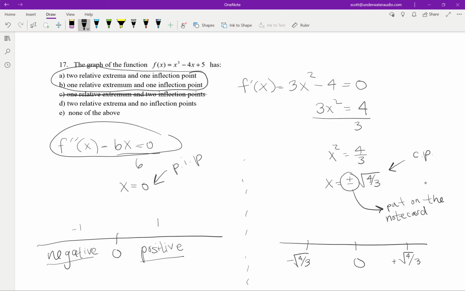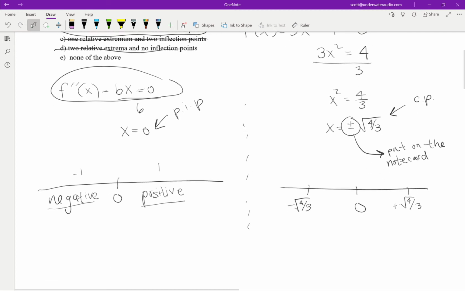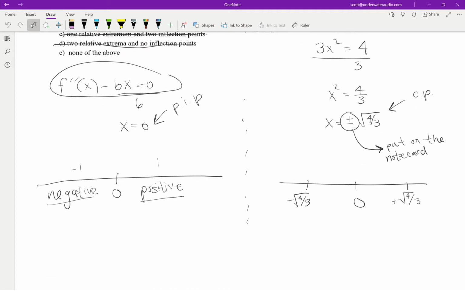Because I know it's not no inflection points, and I know it's not two inflection points. I guess it could also be E, which says none of the above, but I kind of doubt it. So over here, actually there's something kind of cool. We can use the work that we did on the left side to help us with what's happening on